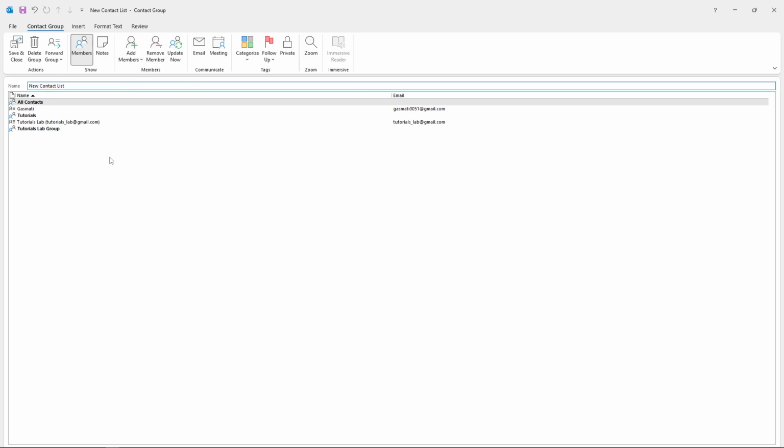Once you've selected your source, all you have to do is populate this new contact group with the contacts you want to include. You can add as many members as you need, and Outlook will save them all under this single group name. And that's it. You've successfully created an email contact list in Outlook, making it much easier to send group emails without typing each